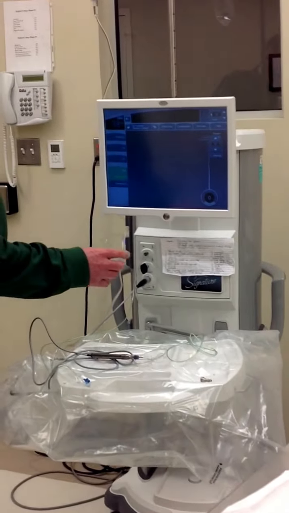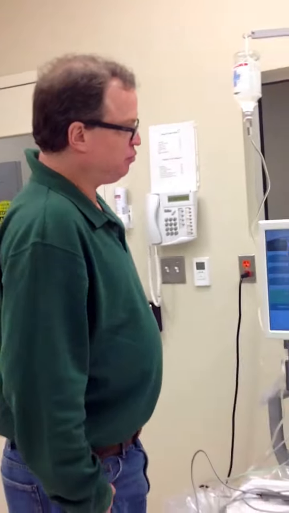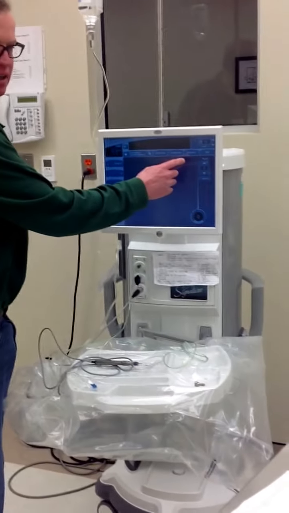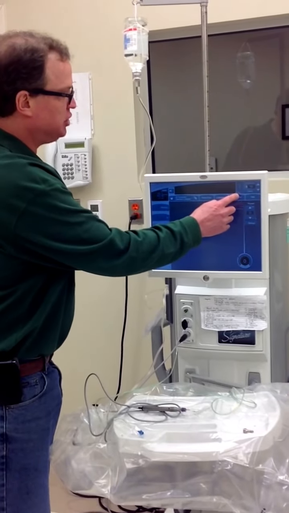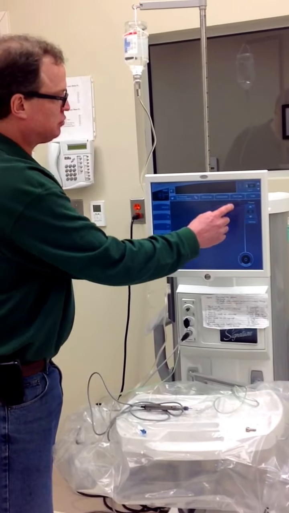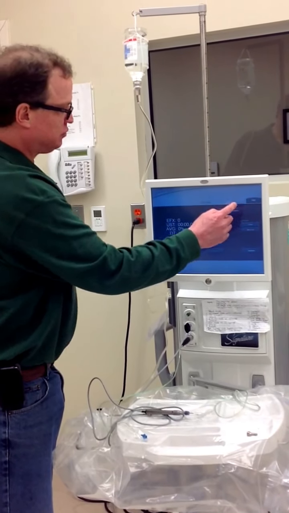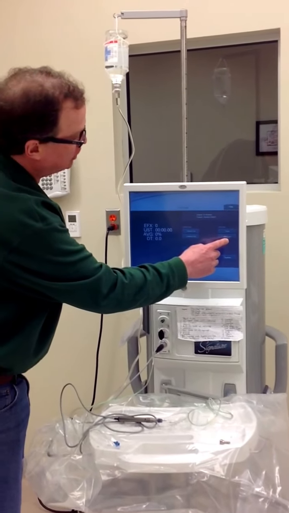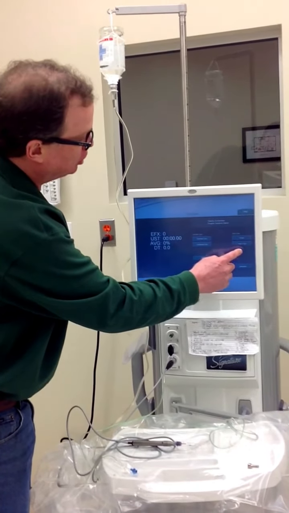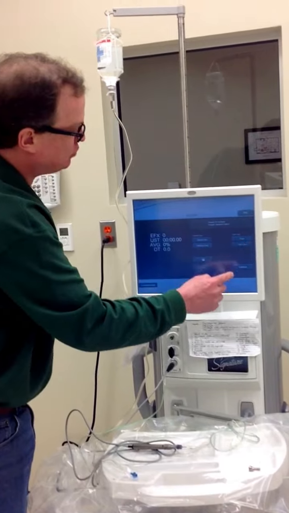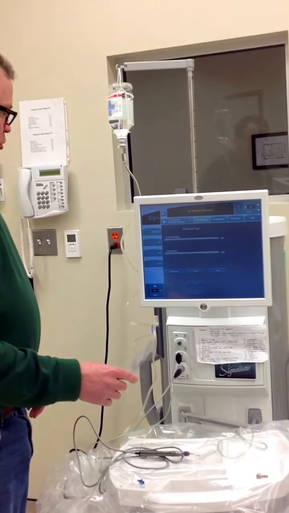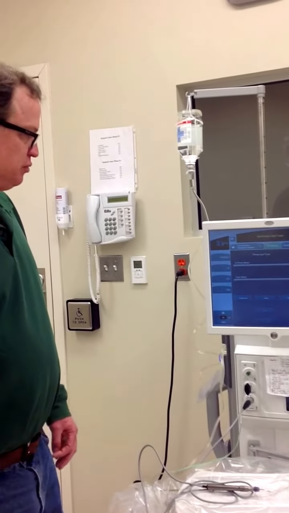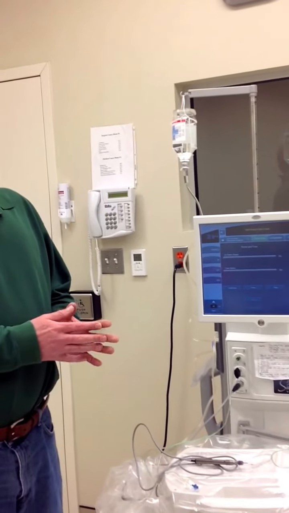So, at the end of every case, there's this button up here that says end case. So we touch the end case button. End case. There we go. Then there's a button right under here, under the button that says purge, next case. And we go back to the priming screen. So, what we're going to do now is we're going to prime and tune the machine when we know it's not going to